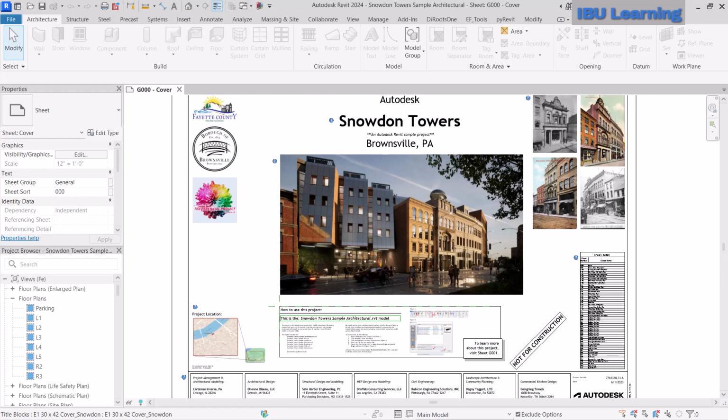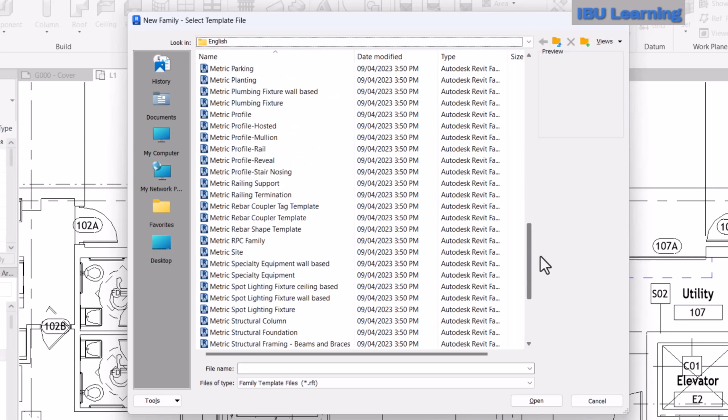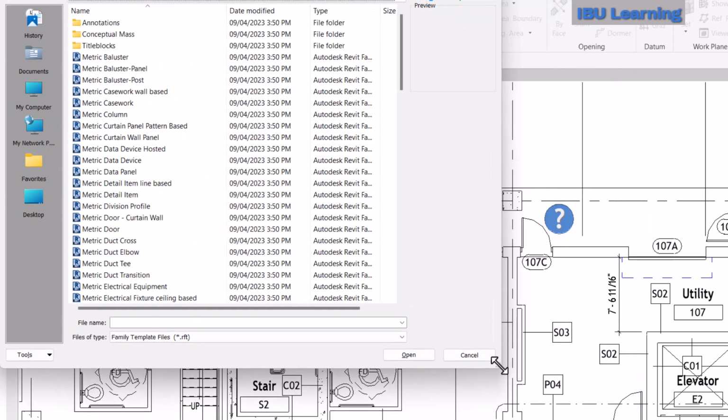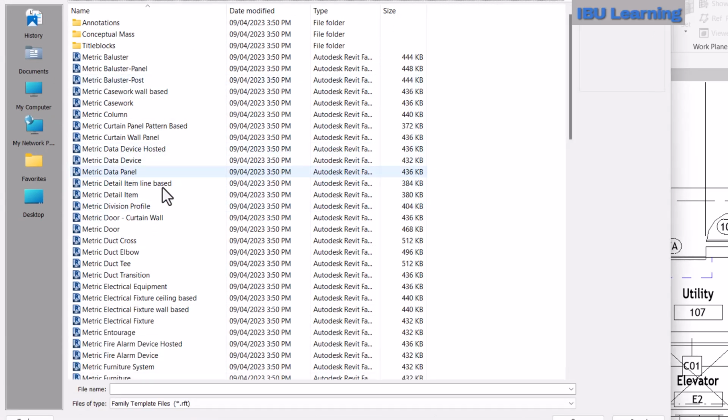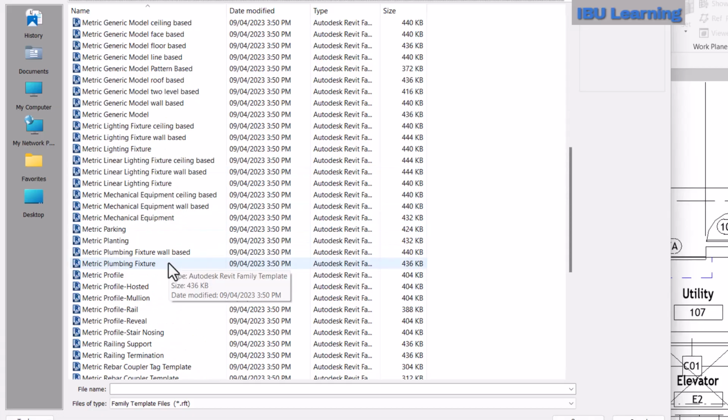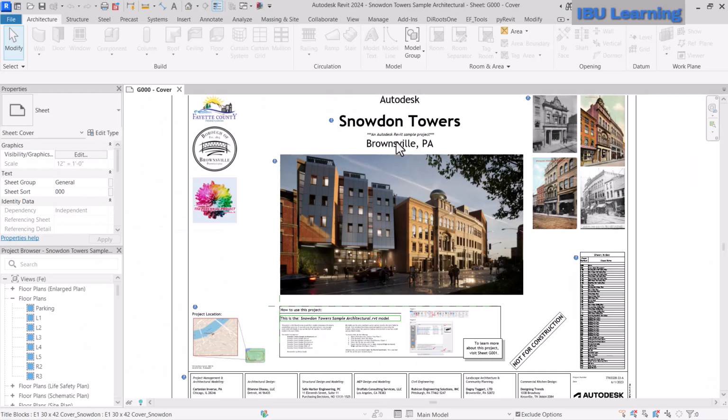Today we will discuss the importance of choosing the right Revit family type if you are working with a custom family. So what is the importance of choosing the right family type to develop your family, or make your custom family with that? Here you can see that I have a sample